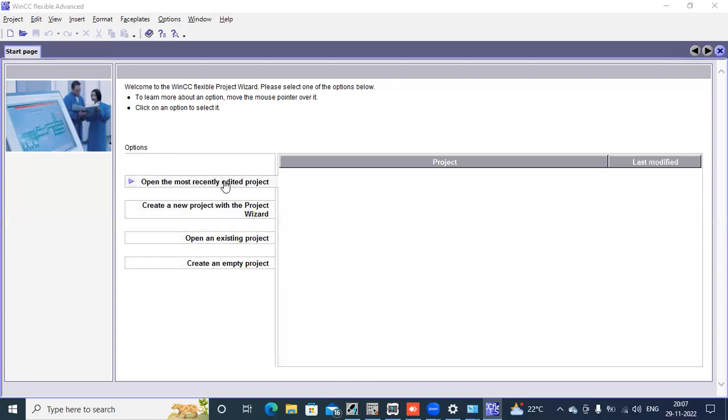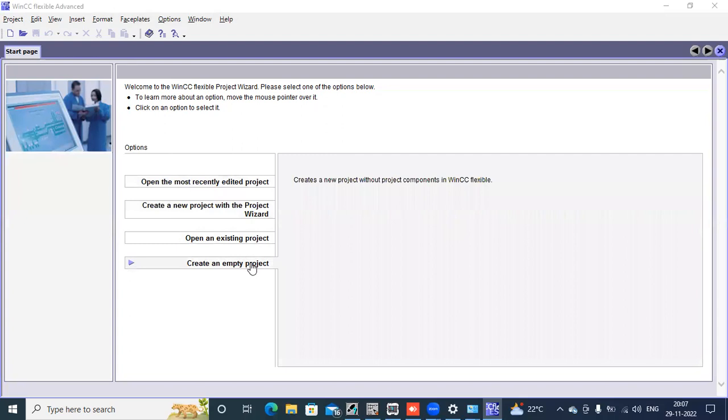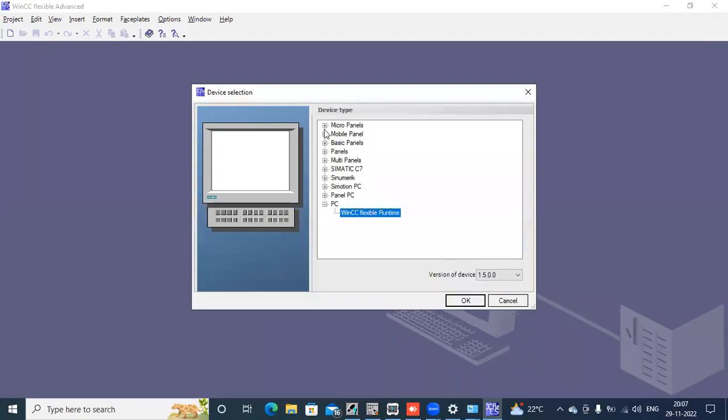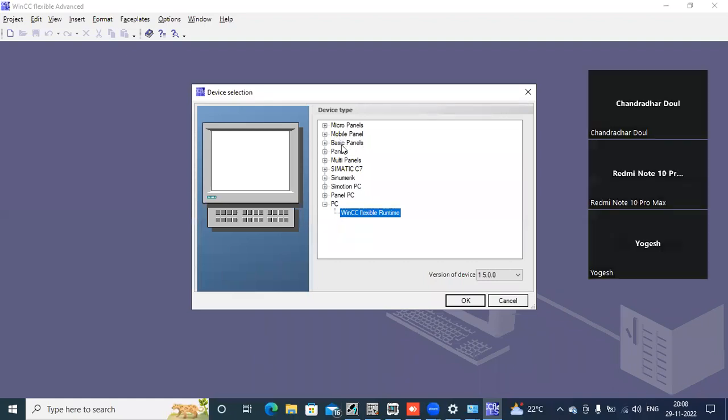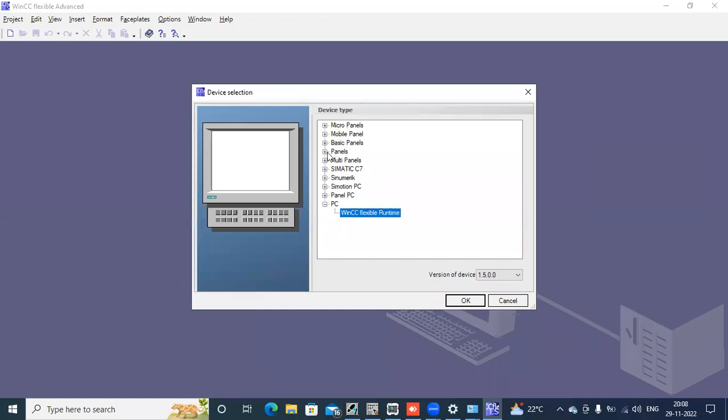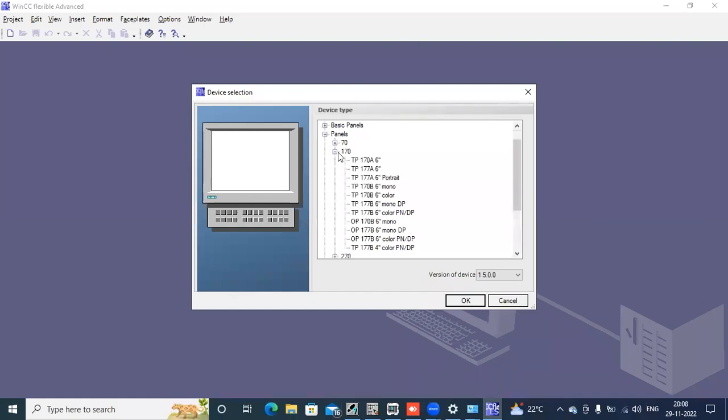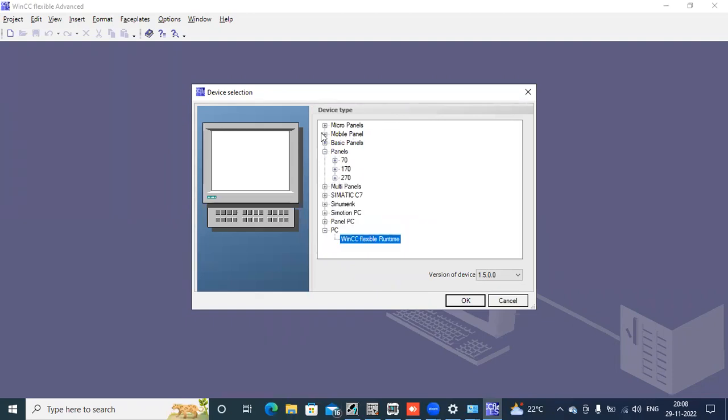Open the most recently edited project means the last one which you were working with. Okay, that it will display. So we go with the empty project here. As you can see, there are different types of panels: micro panel, mobile panel, basic panels. So the panel we are having, you can select from the list. Okay, 6-inch mono touch panels are there, color panels, etc. In 270, also 10-inch screens, optical panel, TP panel,